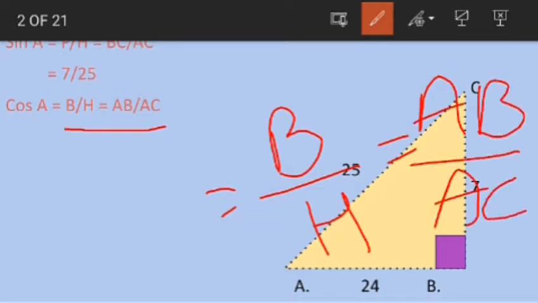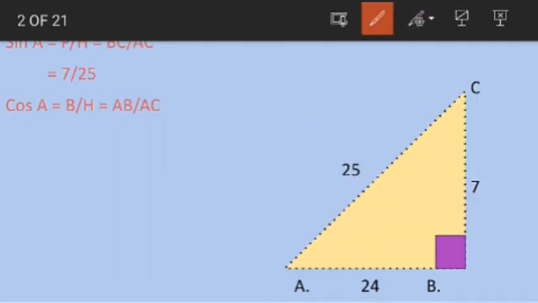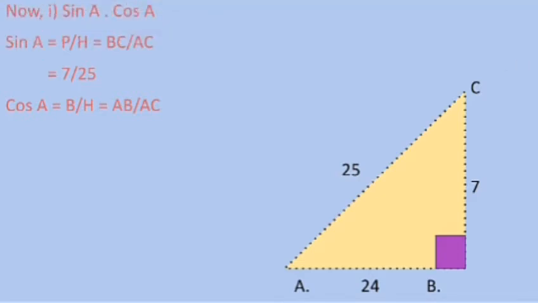Yes, as I mentioned in the previous video, the base of a triangle is always going to be the side which is adjacent to the given angle. Since AB is the side adjacent to the given angle, that is angle A, it is going to be the base of the triangle. If you guessed it, then you are right. Now, substituting the value of AB and AC, we got cos of angle A is going to be 24 divided by 25. Okay, class?